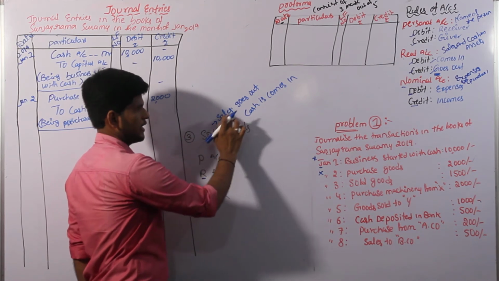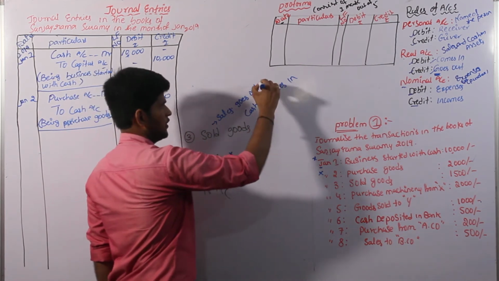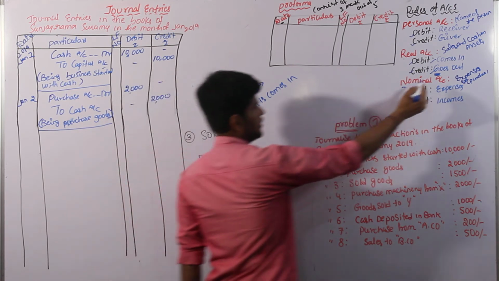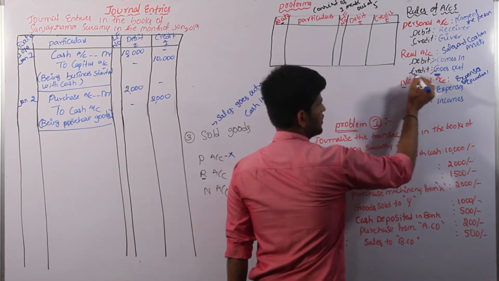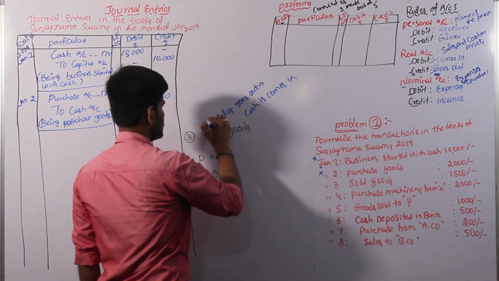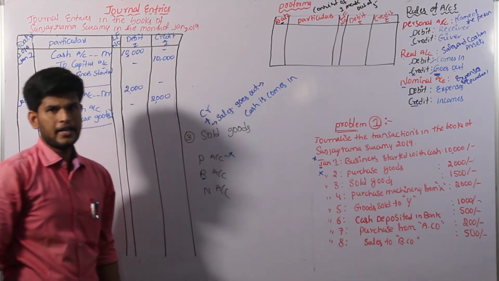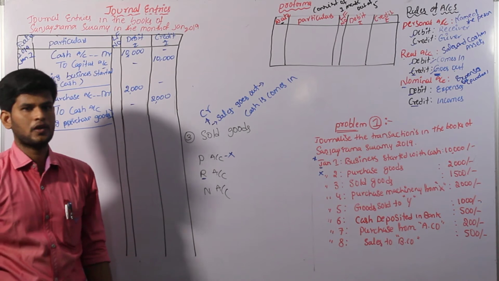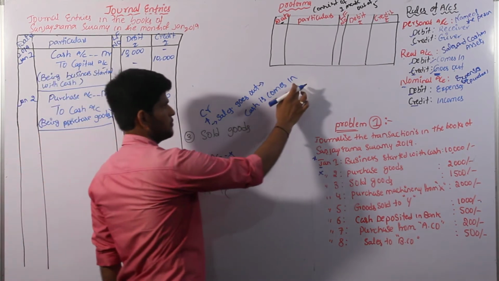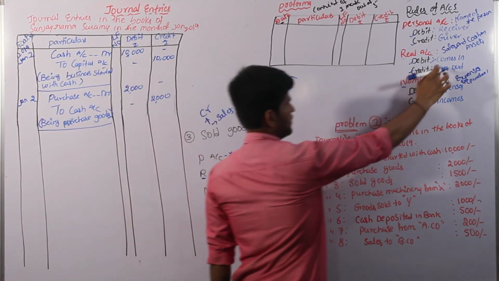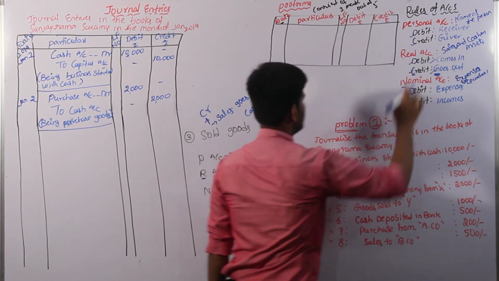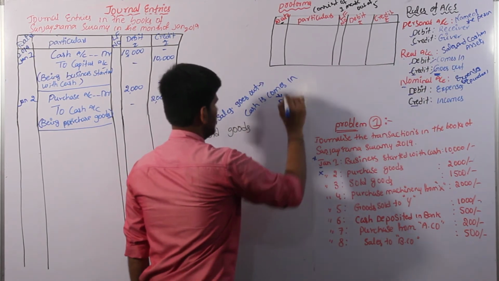So sale is called sales. Sales go out. In a real account, goes out is always on the credit side. So we can convert the sales to the credit side. If we are selling anything, definitely cash comes in return. So cash comes in. The words comes in mean the debit side in a real account. It goes to the debit side.